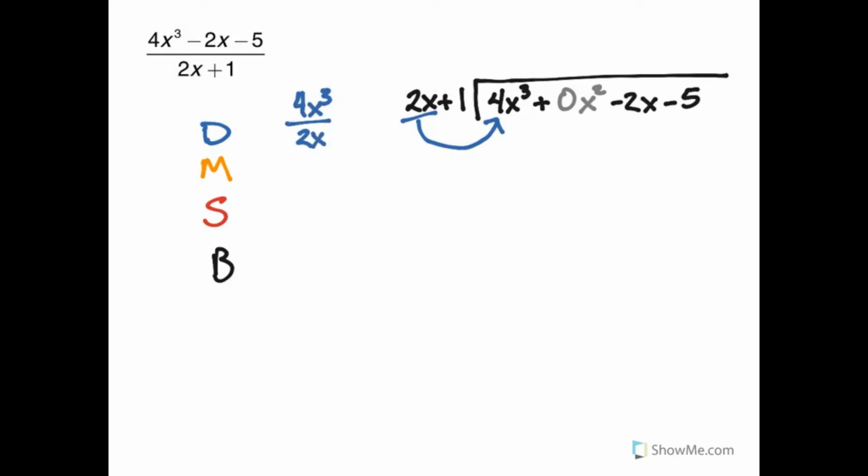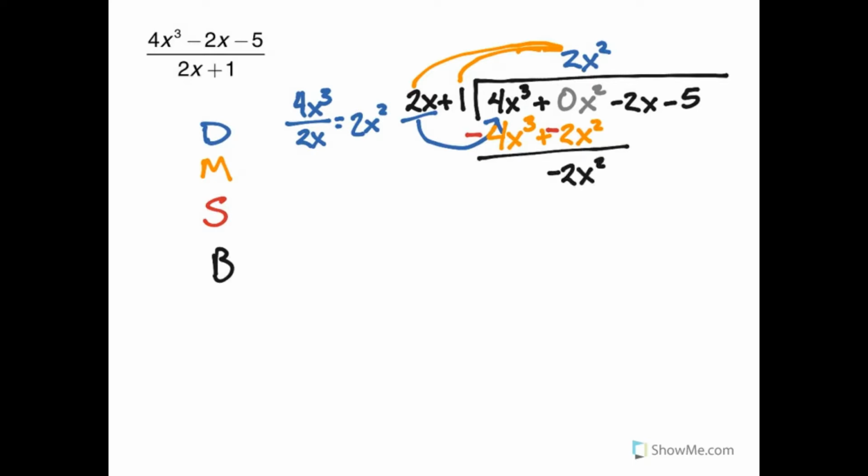So I'm going to start by dividing 4x cubed by 2x, which is 2x squared. And I write that right over my ghost term in the 2x squared column. Now that 2x squared multiplies by both terms in the divisor, so 2x squared times 2x gives me the 4x cubed I need to cancel out, and 2x squared times 1 is plus 2x squared. Change the sign, and I end up with minus 2x squared minus 2x.